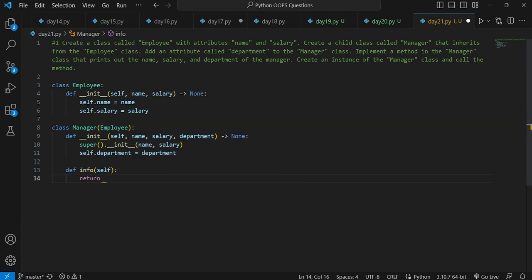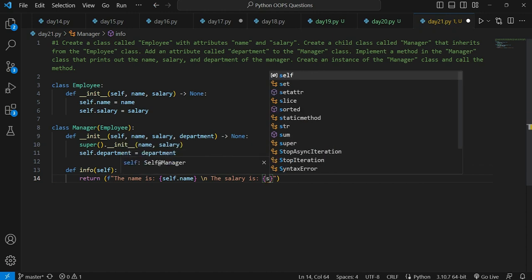So return me what, the name is self.name, and then I will put a line break, and I will put a colon here as well, and then the salary is